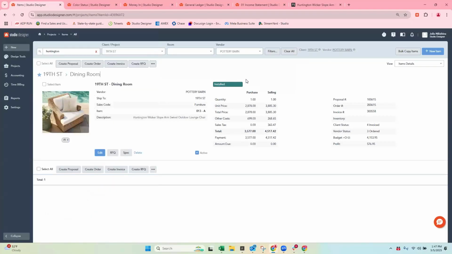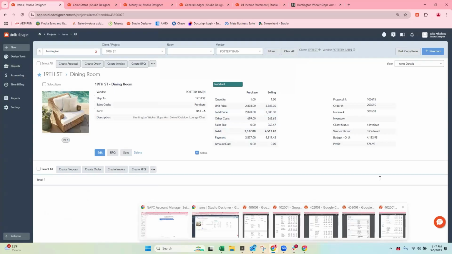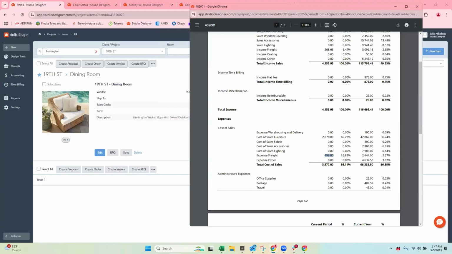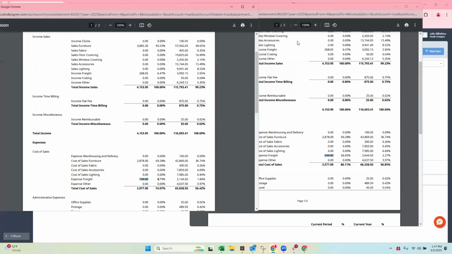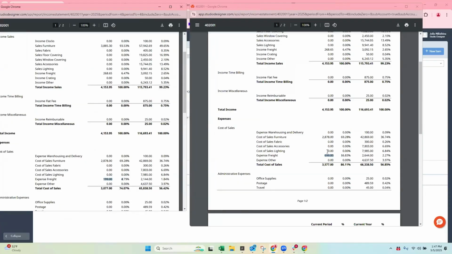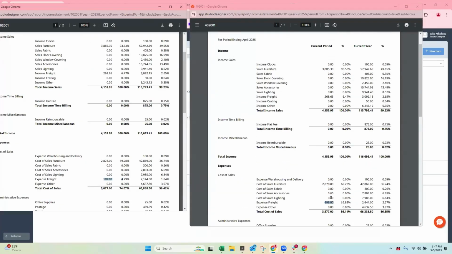So if you come up with a process of how you use the installed button here or the invoice, what's your process for invoicing? My personal process is to ensure that all of the costs are correct, purchase and selling, and all of the payments are correct, purchase and selling, before I hit invoice. Because on a monthly basis, I don't want to be confused and not understand my revenue and cost of sales as it applies to items in real time.